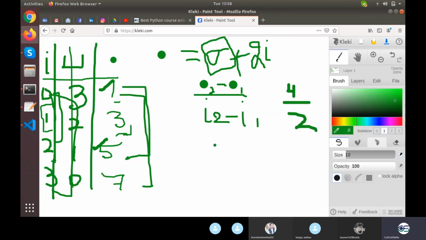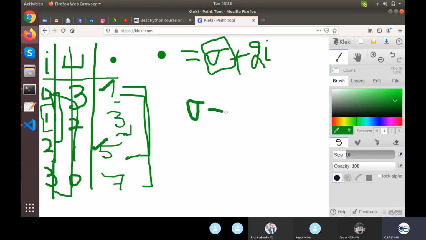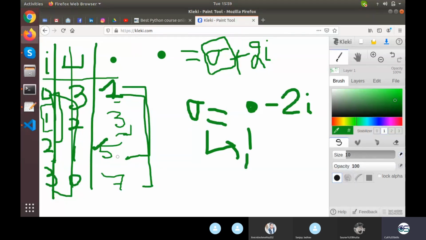So let's find the value of this particular something, and for that I want to erase all of this. Now from this it is clear that this something is dot minus 2i, and that is it, simple enough. Dot is 1 right now, so 1 minus 2i, i is 0, so this turns out to be 1 for the first case. For the second case dot is 3, so dot minus 2 into 1, 2, so again it turns out to be 1. For the next, 5 minus 2 into 2, 4, again 1. That means sigma is always 1, so our value is 1 plus 2i.